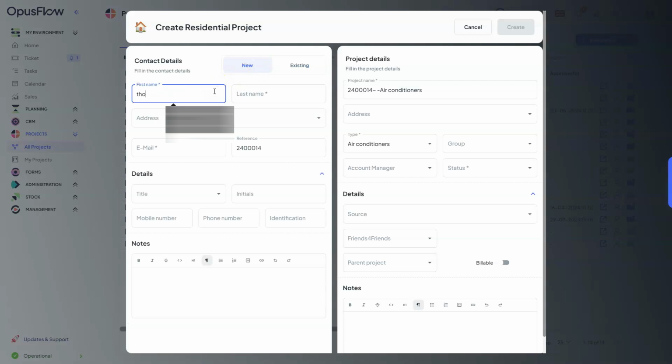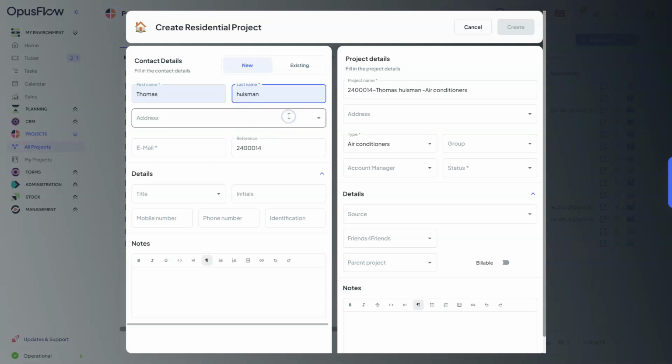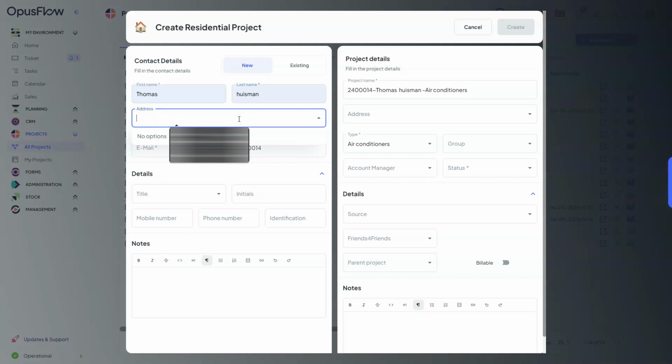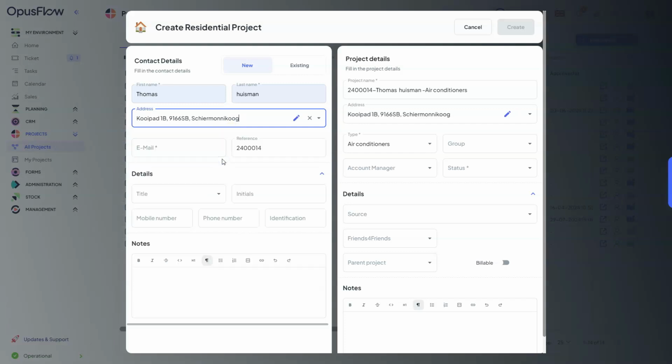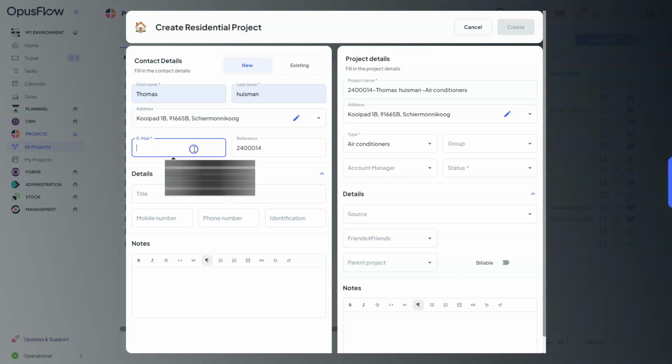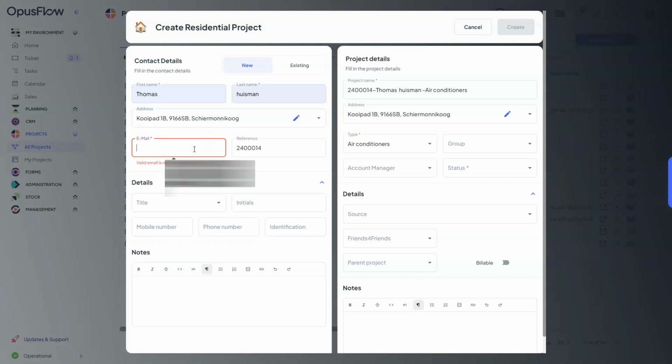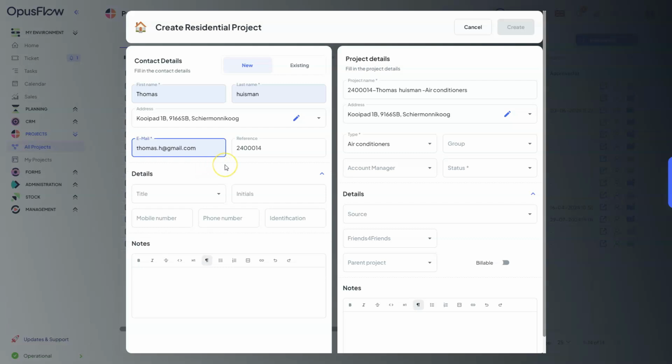So I'm going to use my imaginary customer here. The address is very important to have if your project is a solar installation, so later on you can just click on PV Designer and go and design the installation on the roof. The email address, of course, is important because then you're able to send the quotation to the client.